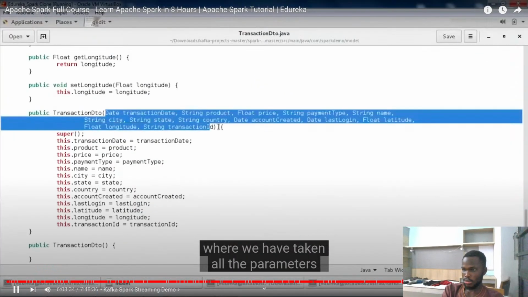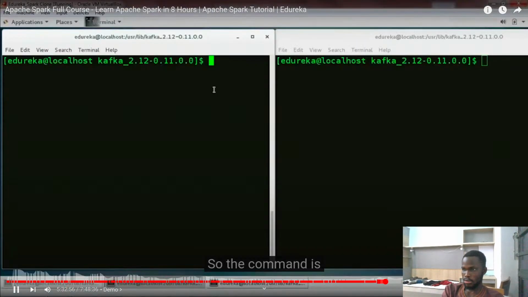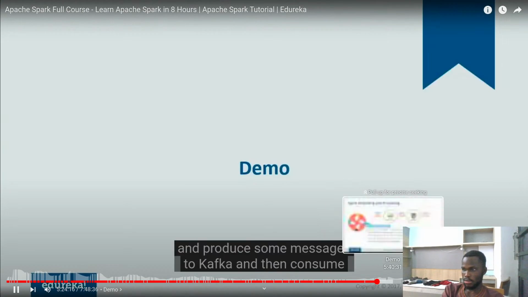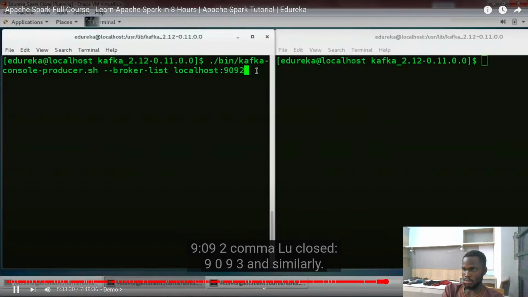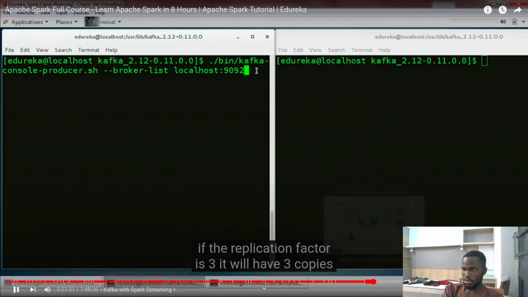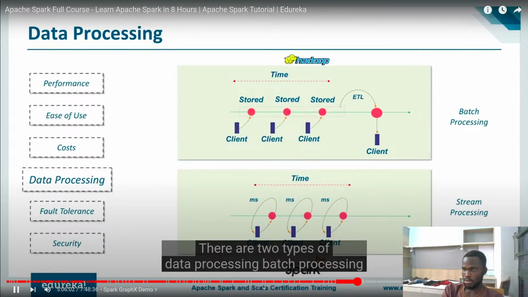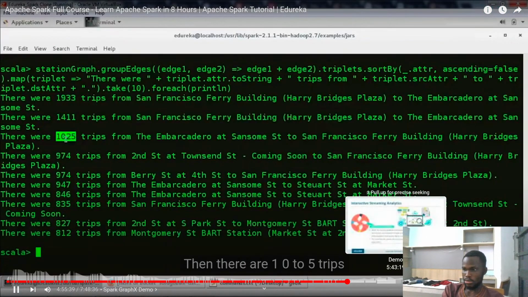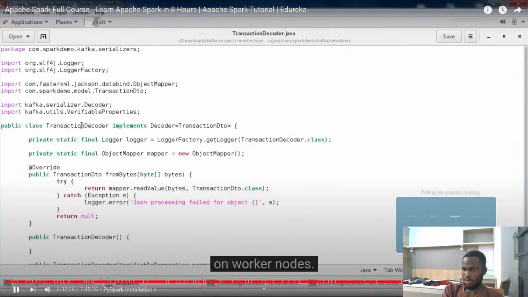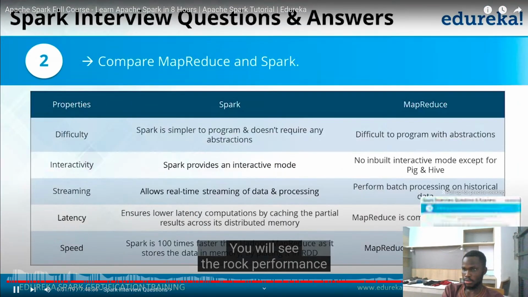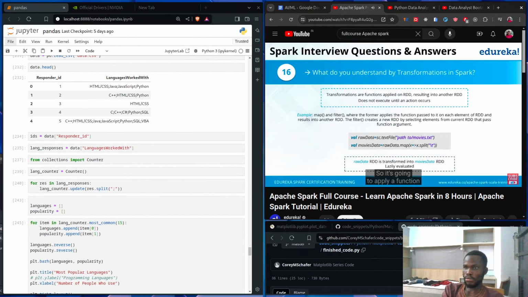Now what's the command to go ahead and produce the code into localhost colon 90. The replication of data processing. Now you have Spark's map, so it's going to apply a function. So within map,